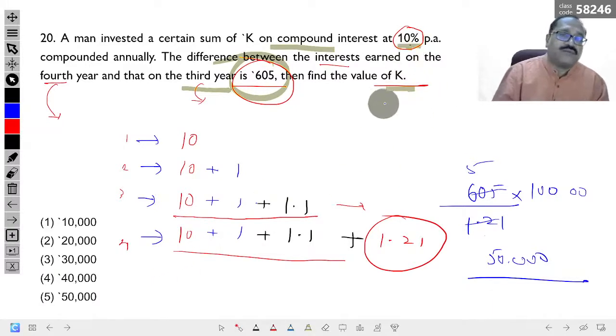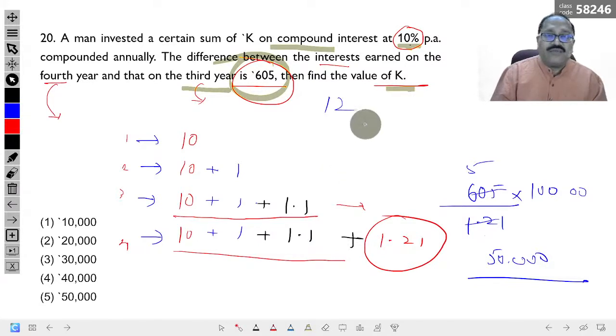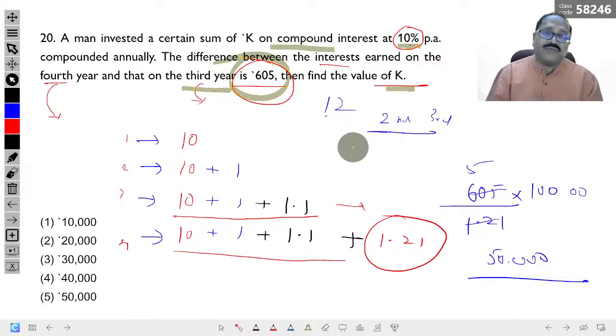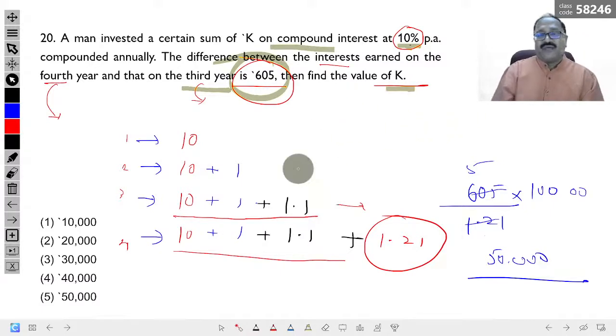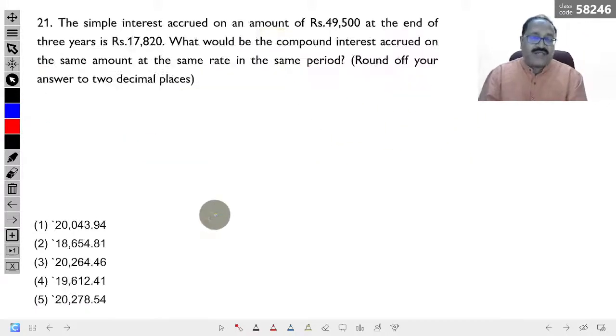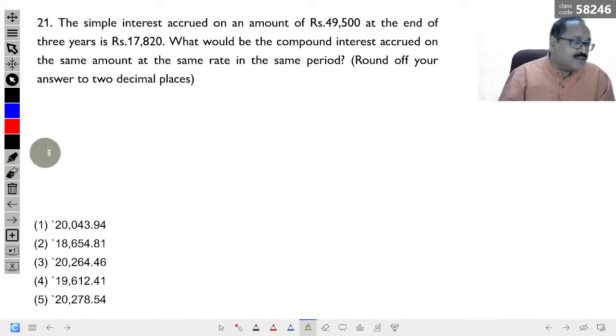Here it is 10%. No, you may get the 12%, and you may get the difference between second year and third year. Second year and third year. For 12%, how do you mug up those values? It is better to instantly work out. Okay, so fine. Coming to this one, the next one over here,